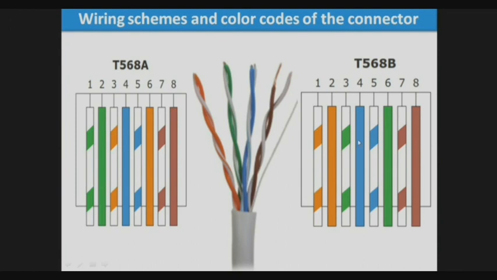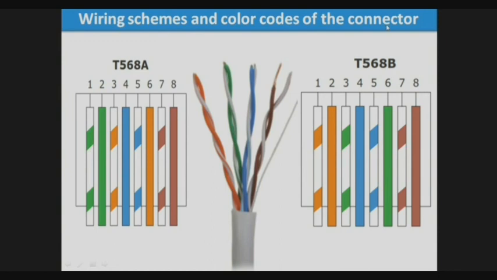If it follows the second scheme, then the first pin is used to insert the white orange stripe wire, and the second one is the orange wire, and so on. So you have to keep in mind the wiring scheme and the color of wire which is used to insert into